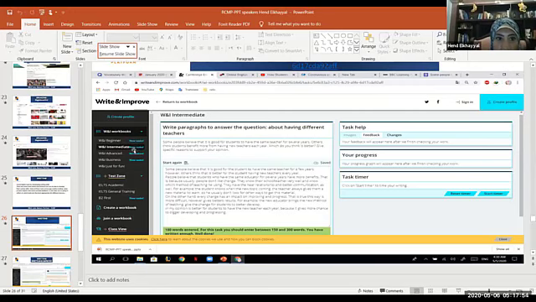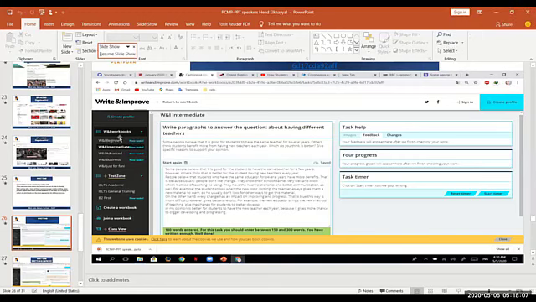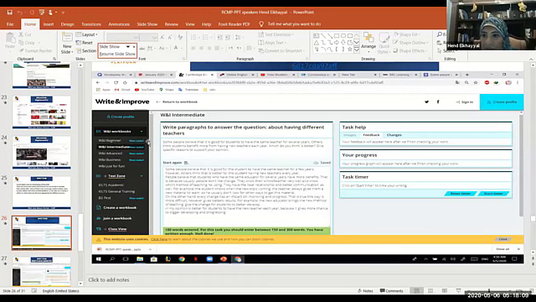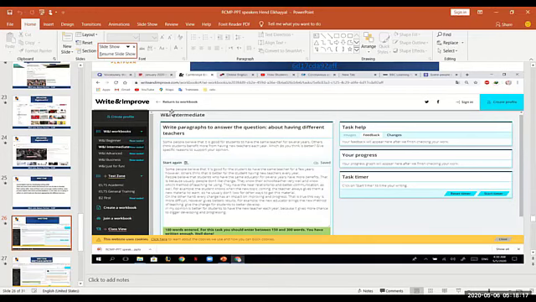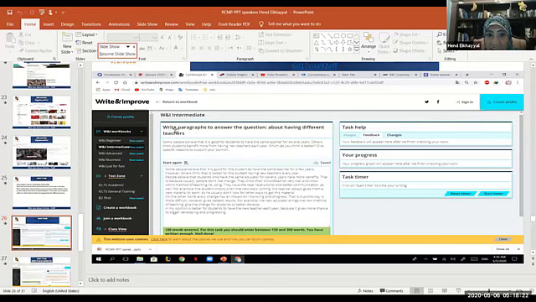beginners and intermediate, advanced, business, fun. All right? And we have a lot of tasks. You choose one task according to the given level of your students. All right? So for example, if they are intermediate level students, so I chose one intermediate topic, which says, write paragraphs to answer the first questions about having different teachers. And of course the word limit is below, it says 180 words